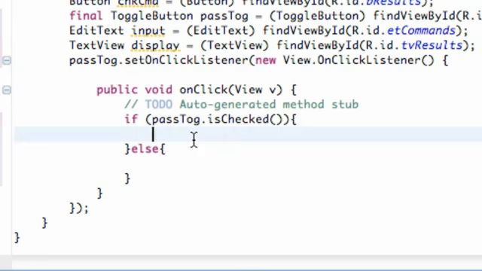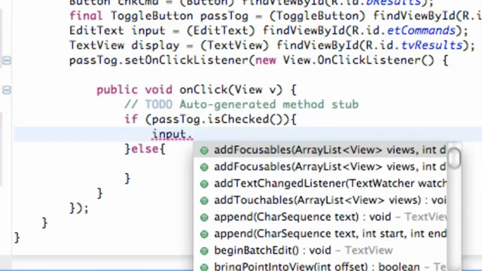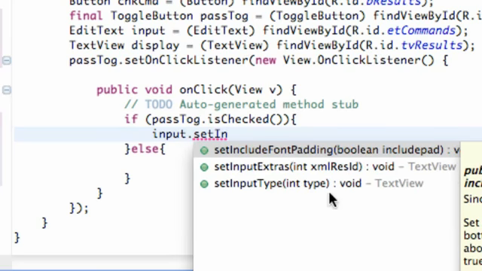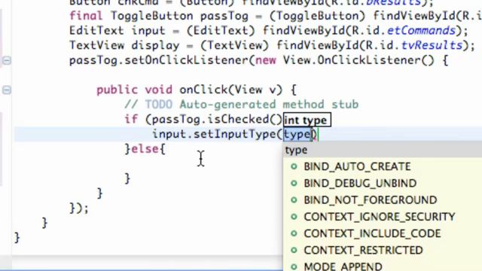Now what we can do is use the EditText variable that we set up here, which is referenced to our EditText in the XML, and we're going to change that. So we called the EditText input, so we're going to say input, hit dot, and then we're going to set the input type. Basically, there's the password type in a text view, or a number for the most part. You can make them only be able to put in numbers, stuff like that. So we're going to use the method set input type, and as you can see it's a text view type for the most part, and within the parameters,